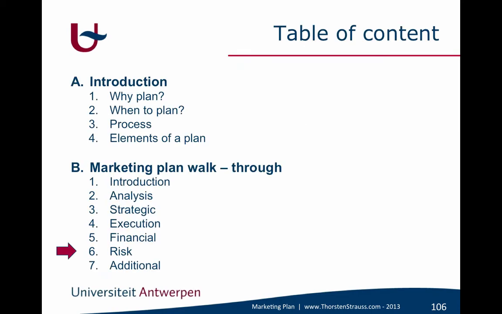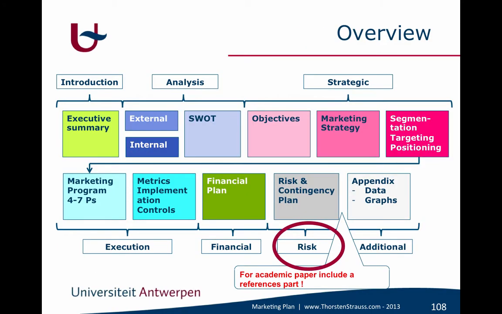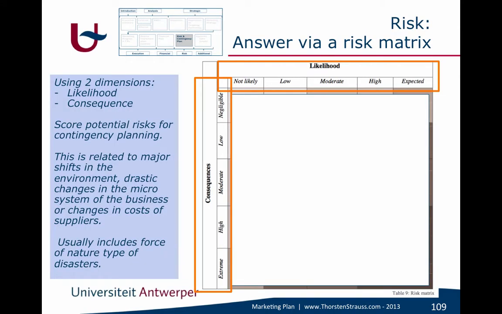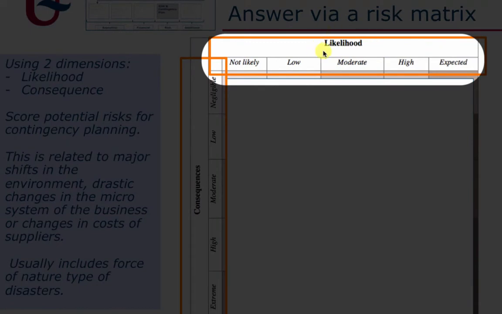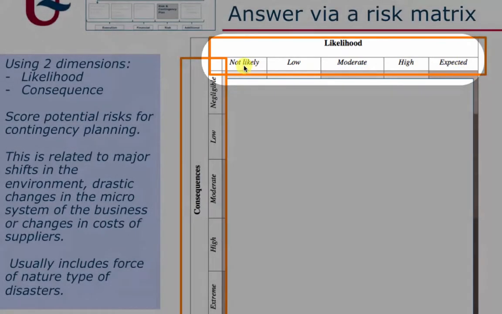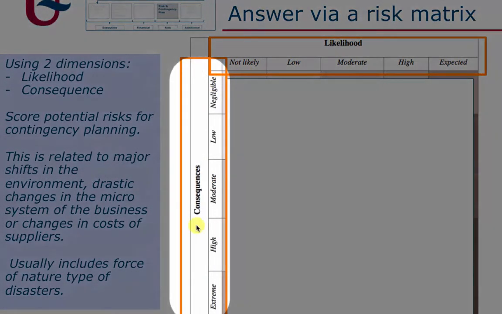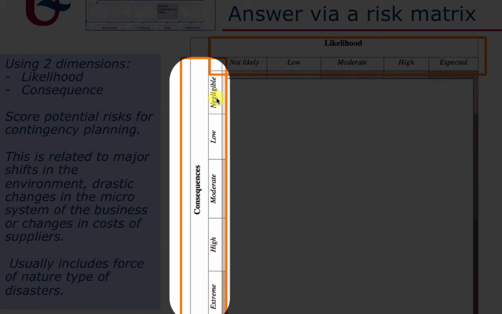So now we're entering part 6, that's the risk part. The risk part is actually, in itself, risk management and estimation, a very sophisticated science. In this exercise, what I want you to do, at the very minimum, is think about 2 dimensions. That is the likelihood something happens: not likely, lowly likely, moderate, high, and expected. So you have a measure from 1 to 5, and then you have the consequences, again, from 1 to 5,